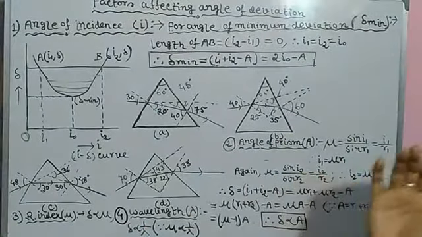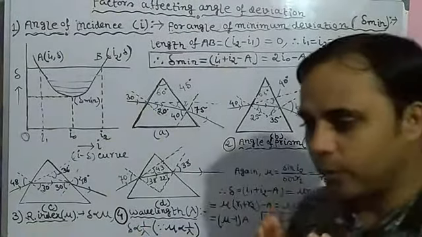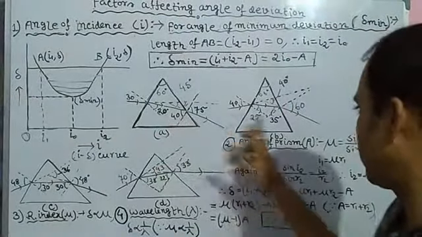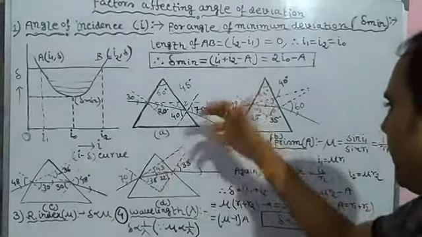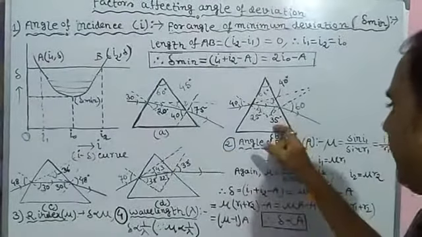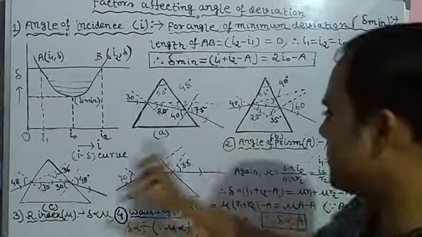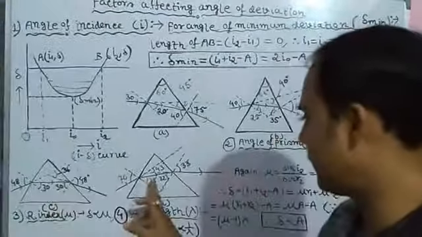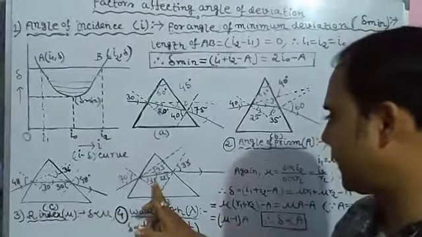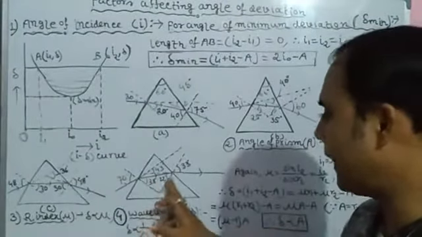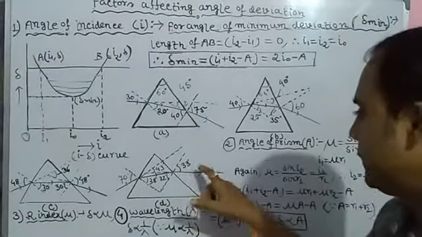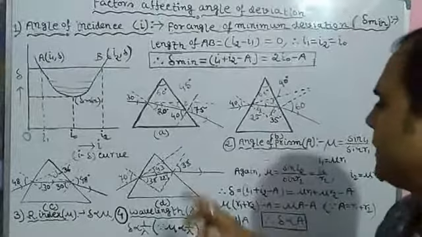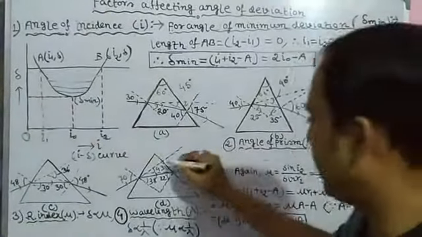The value by which R1 will increase, by the same amount R2 will decrease, isn't it? 20, 25, 45. R1 is increased by 5 degree, whereas R2 decreased by 5 degree. There again angle of R1 is increased by 5 degree, whereas R2 is decreased by 5 degree, 60. Again it is increased by 8 degree, 38, whereas R2 decreased by 8. 38 plus 22, again 60 degree. Look at the angle of emergence, 33 degree. In this case deviation 43 degree. Now it is increased.